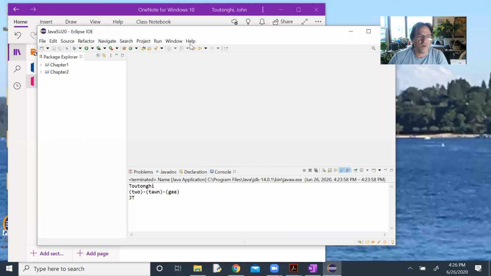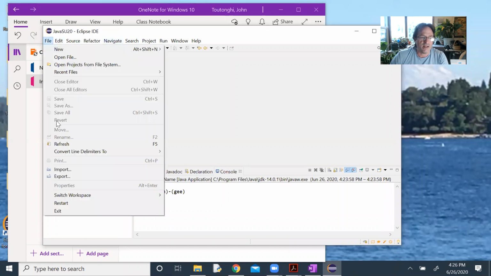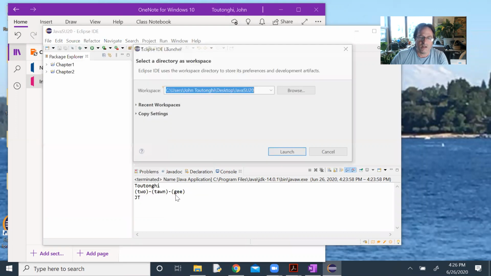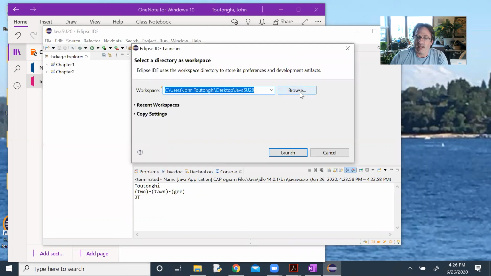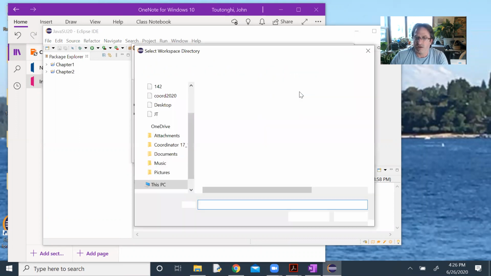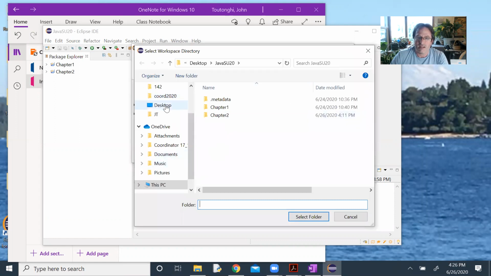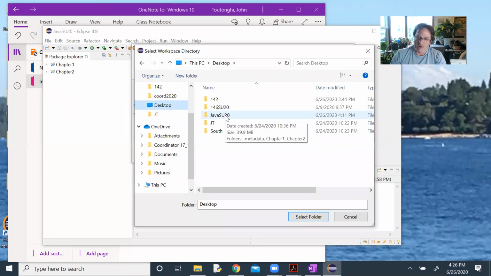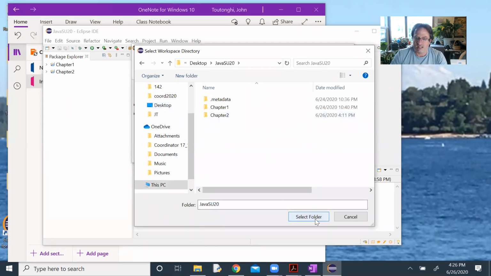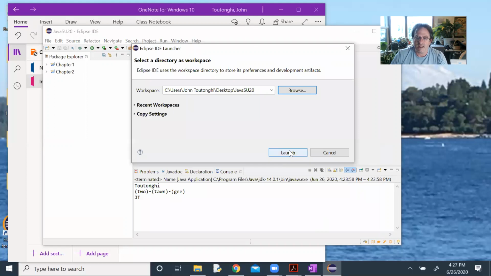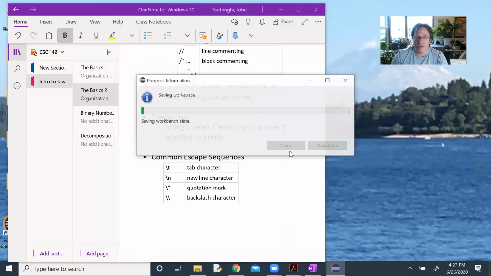Okay, so just real quick, one more thing is, again, how do I change my workspace, or how do I find my workspace if I needed to change it? I can go down here to switch workspace and just click on other here, and it'll open up this menu. I can browse to find either the workspace I need or choose the one that I'm using. So in this case, I set up that Java Summer 20 folder as my workspace. I just choose it and say select folder. And then I'll just say launch it. It'll reopen it,